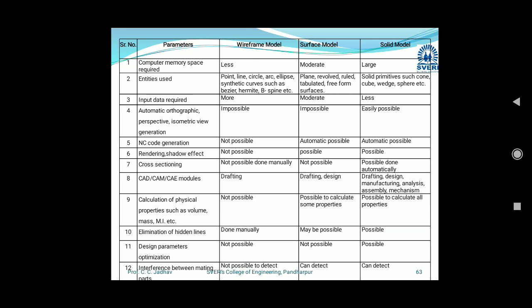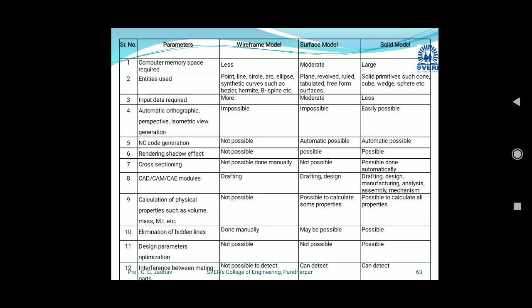The third parameter is input data required. For wireframe model, input data required is more. In surface, moderate, and solid model is less. Next parameter, that is automatic orthographic, perspective, isometric view generation. In the wireframe model it is impossible to generate all these views.